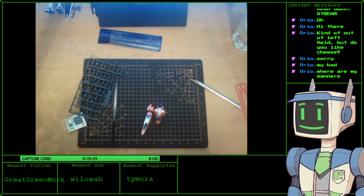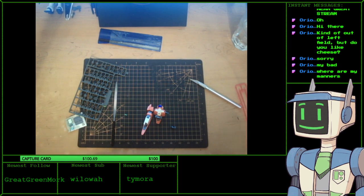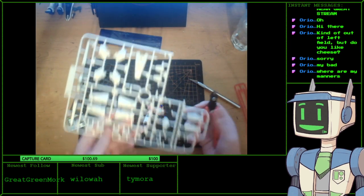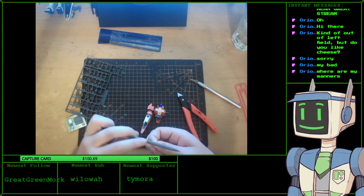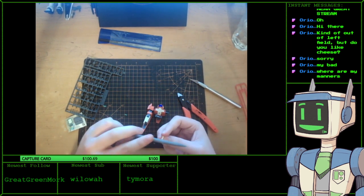Which one did I cut out? When in doubt, just look at the back sometimes and it works. Sometimes you can see what you cut out by looking at the back plate of the hands, because they have very specific connection points on them. This model is overall going way faster than the